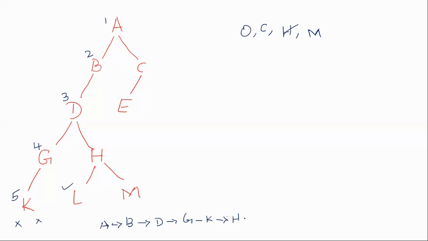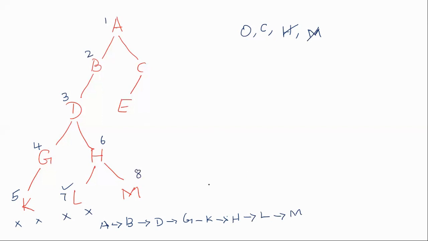After loading M onto the stack, there's a left child L. So L will be processed. As L is processed, again it's a terminating node, so it will pop from the stack. What is going to be immediately popped? M is going to be popped from the stack. So A, B, D, G, K, and this is going to be the sixth one. And after H, it goes to L. So this is going to be the seventh one, and M the eighth one.